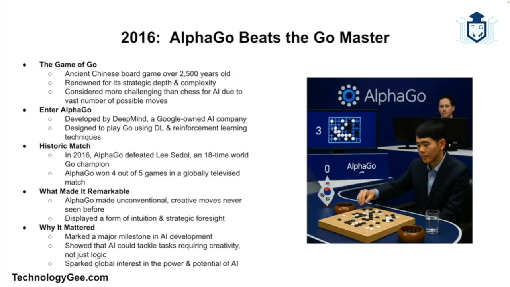So you had this competition called AlphaGo, which was hosted by DeepMind, which is Google's AI company. And essentially, it beat the world champion, some guy named Lee Sedol, in 2016. Now, it didn't just win, it made creative moves that no human had ever thought of. And this was a turning point. So basically, AI can now master tasks that required intuition and creativity.